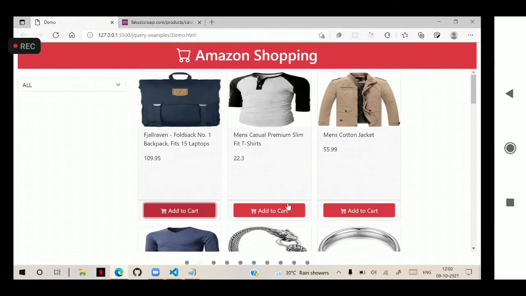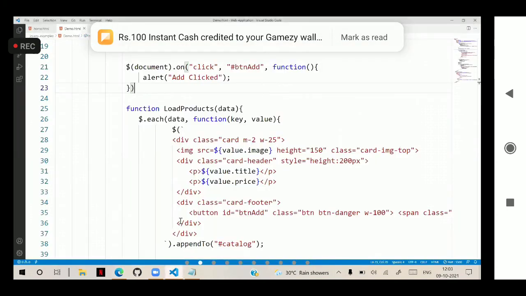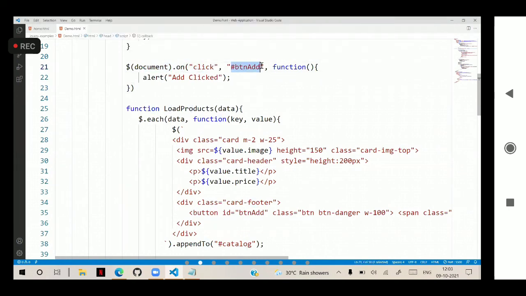Directly, you cannot manage the functionality, so always use this technique. Because the content in the document may be embedded dynamically, you have to use on click for this particular element.